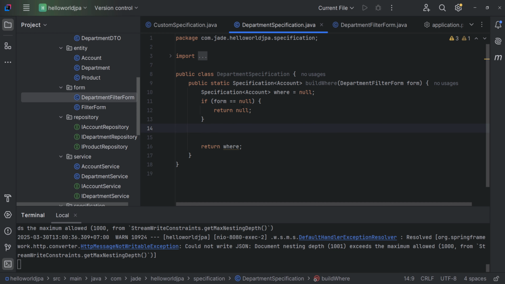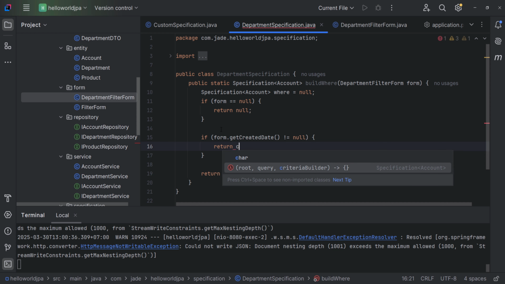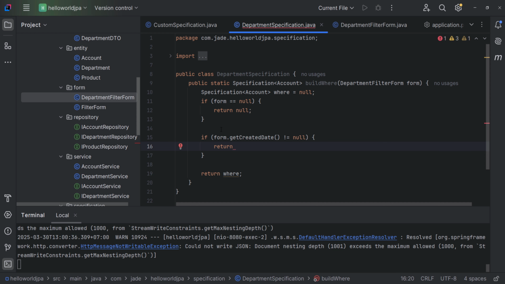This technique, we check no first, and then if the form is not null, we can check if the form gets created day is not null. We can return the